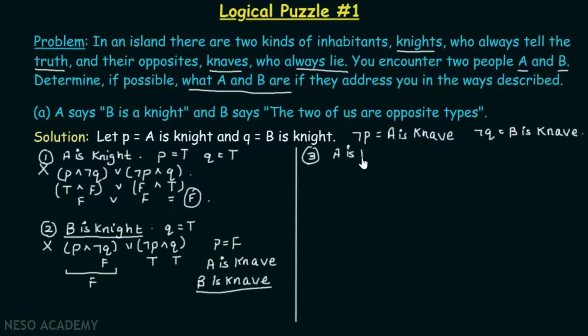A is knave. Now, if A is knave, this simply means that P is false, right? If P is false, whatever A says is false, right? That is, "B is knight" is false. This simply means that B is knave,